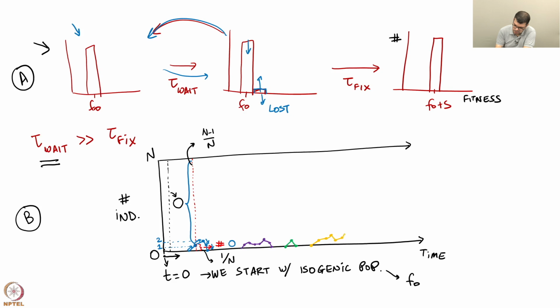So, its numbers go up and down because fate is decided by selection and drift, but its selection is weaker as compared to the strength of drift when numbers are small, but eventually it escapes drift and increases in numbers. Once it increases a certain threshold,